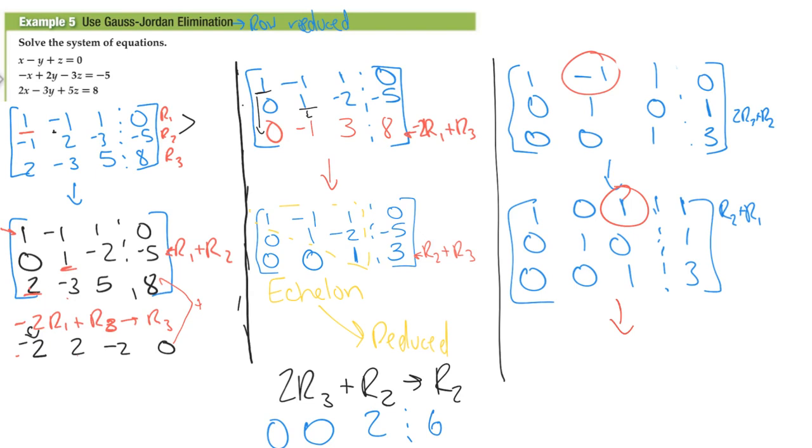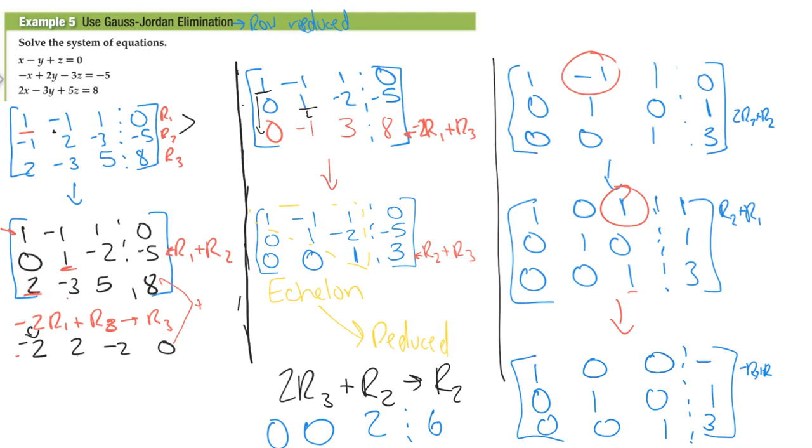Well, I need to use row 3, because that's the only other row that has a variable sitting in there. So I am working with row 1. So I'm just going to rewrite my row 2 and row 3. 0, 1, 0, 1. 0, 0, 1, 3. Now, what I need to do is go ahead and do row 3 plus, actually I'll do a negative row 3 plus row 1, because that right there will then get rid of that 1. So that changes this to a 1, a 0, a 0, and a negative 2 on that